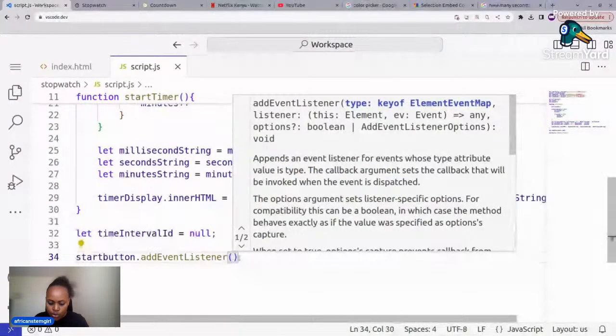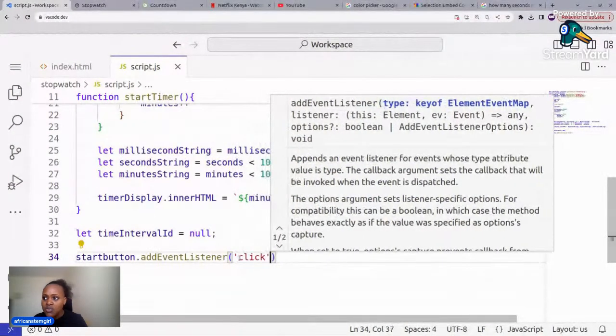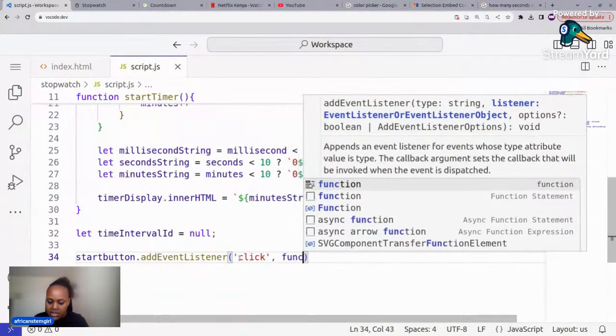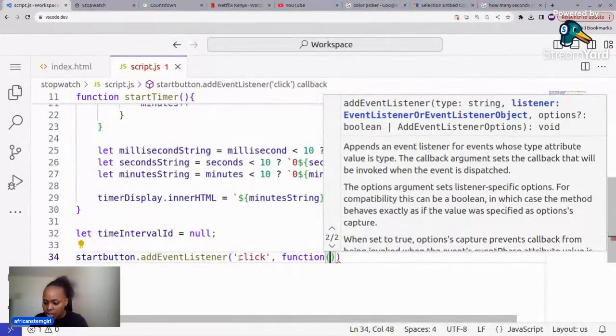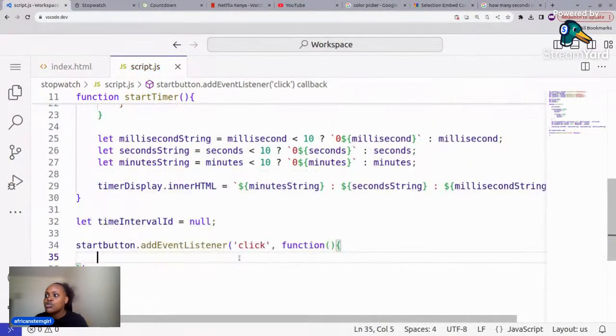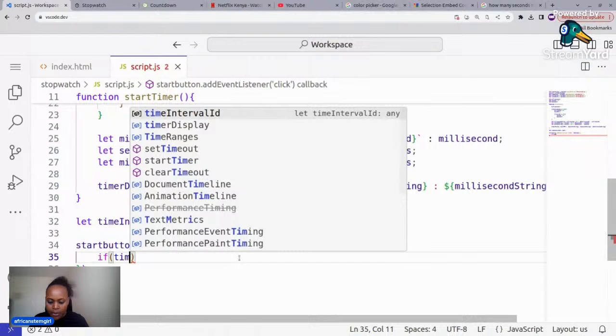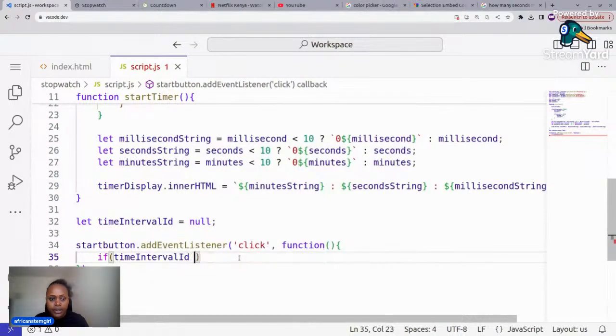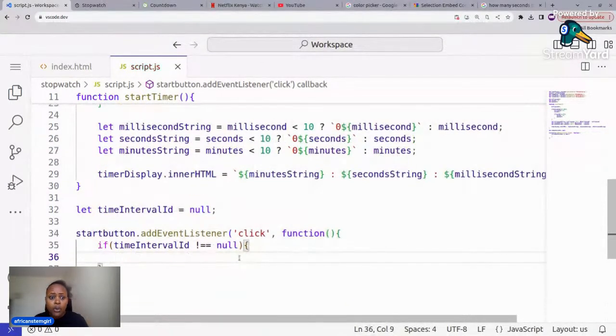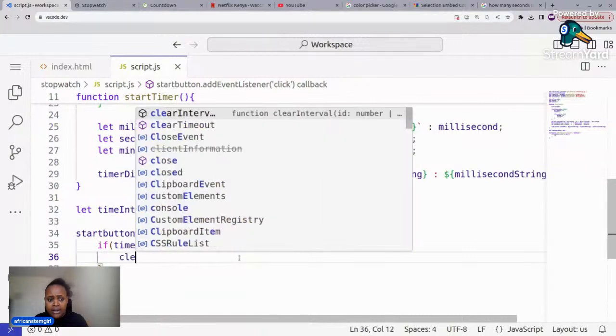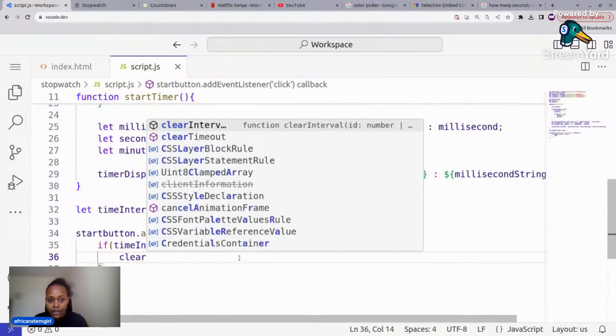So here I am going to use the click event. There are different types of events, and some can be on mouse over or stuff like that. Now I'm going to write my function because I want a particular set of instructions to be executed whenever I click on that button. So I'll say if timeIntervalID is not equal to null, if there is actually a value, what do I want it to do? I want it to say clearInterval